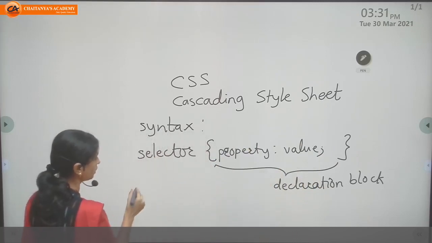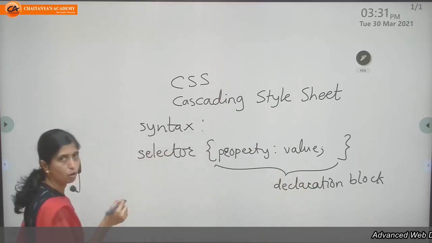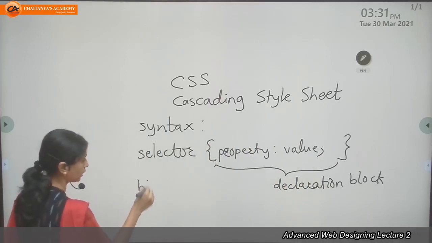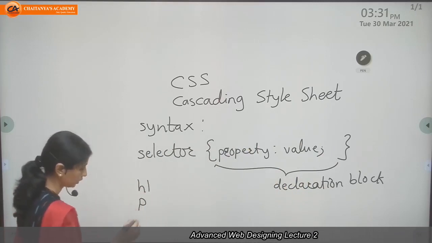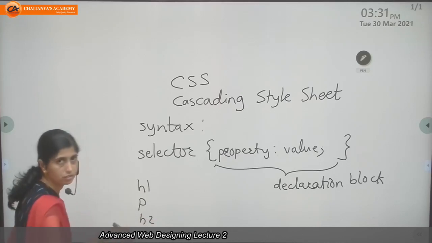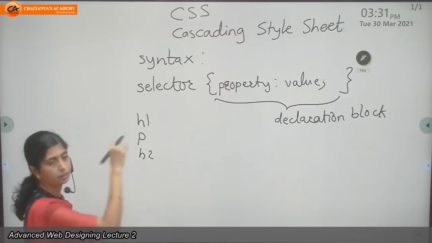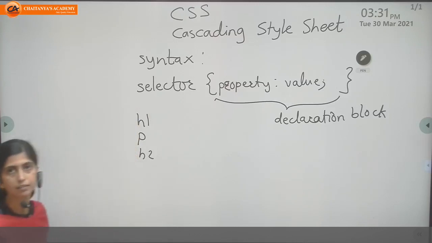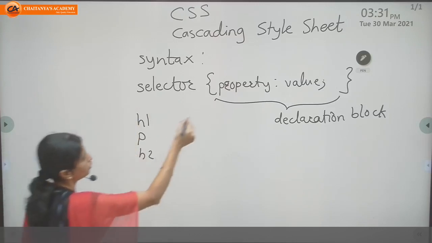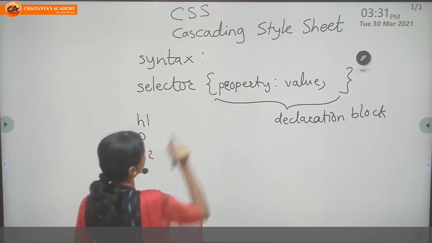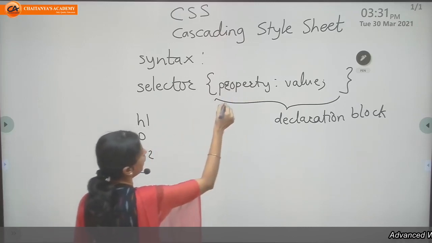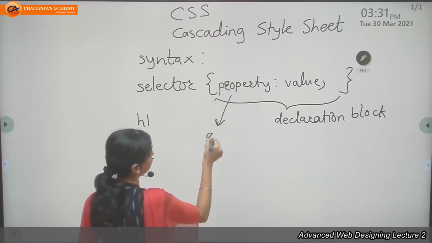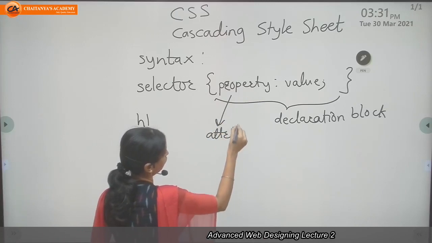Selector means what? A selector is any type of element. For example, H1, P, H2, H6, whatever tag you want to use, that tag you can use as a selector. What do we mean by property? Property is nothing but an attribute. Property means what? Attribute. For example,